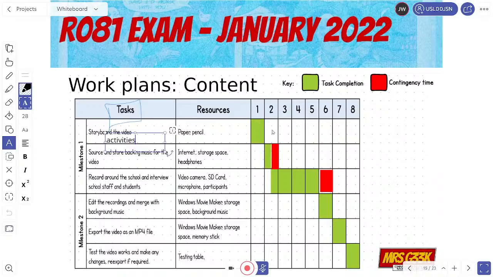Now there's a number of ways you can do it. This is my preferred way, where you've just got the number of hours. So this is hours along the top here, and then you've obviously got how long you're going to give each section to do. So you can do it by a Gantt chart as well, or you could just write the hours. Sorry, this is a Gantt chart. You could also just write the hours as well down there. So you could have this label as duration and just have 1 hour, 30 minutes, for example.